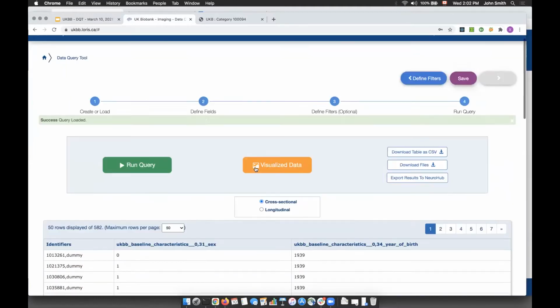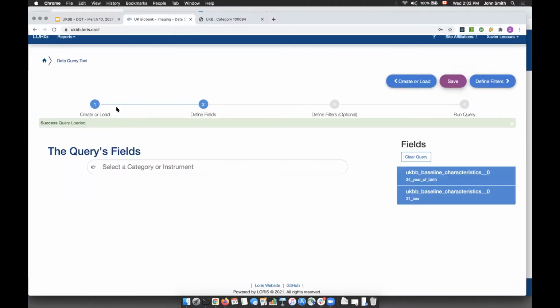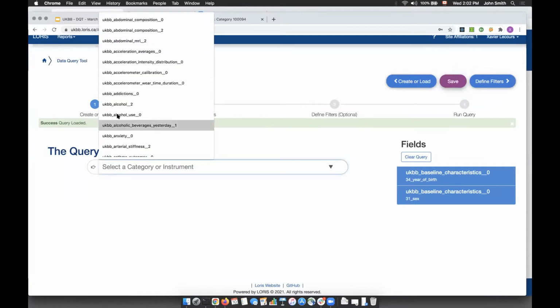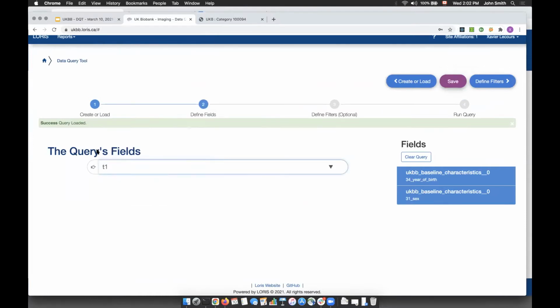So I have my previous result there. I'll add more fields to the query. I can type T1, and you might notice the suffix there. It concerns the instances in the UK Biobank, T0 being a dummy instance in which derived data are added.